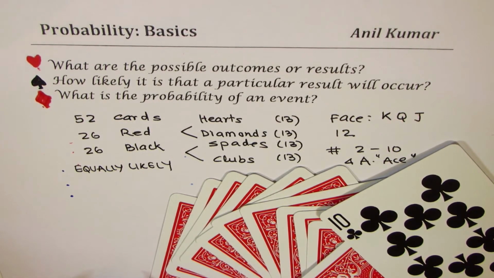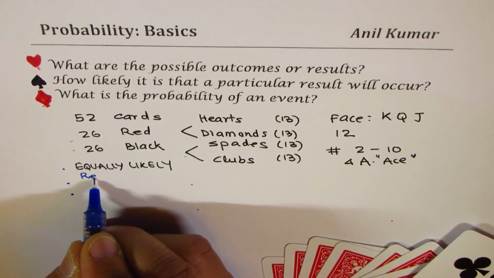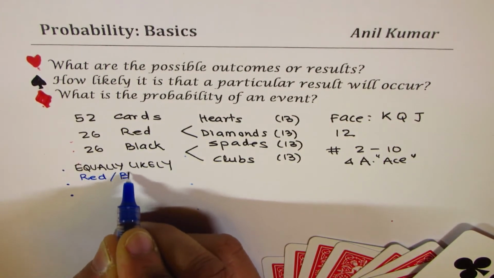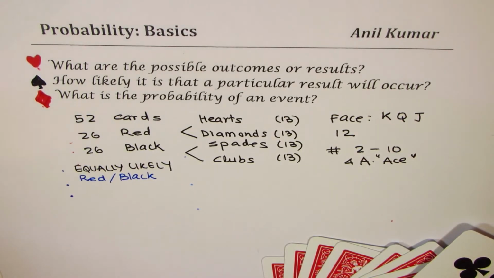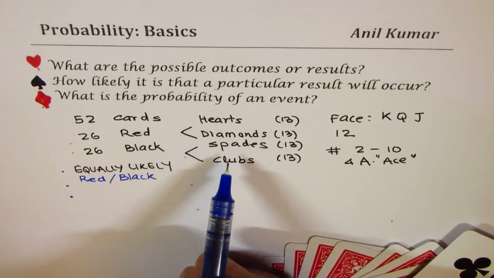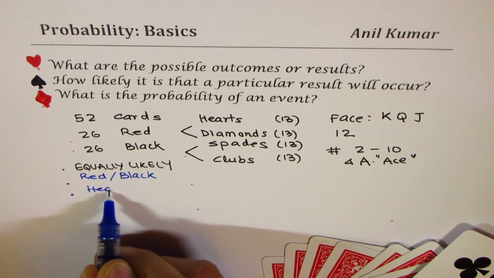So probability of getting a red card or a black card is equally likely, right? So equally likely, you could say probability of getting red or black card, right? Why? Since both are 26 and 26, half of 52. Perfect. Similarly, it is equally likely to get one of these cards, either hearts,